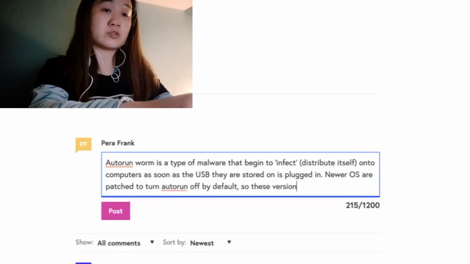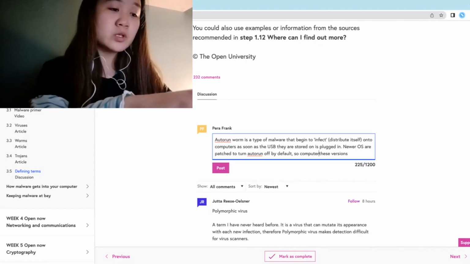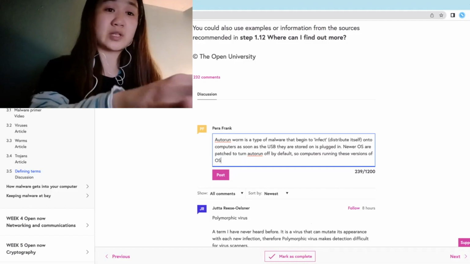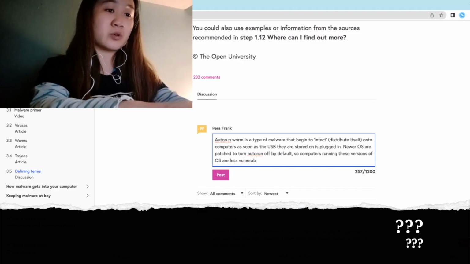So these versions. Hold on. So computers running these versions of operating systems are less vulnerable.